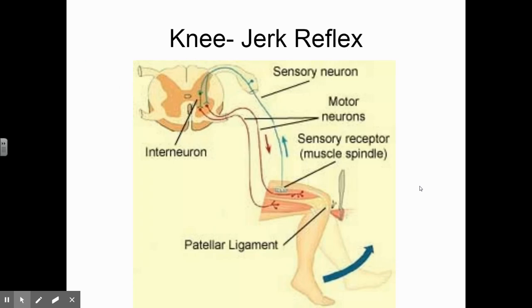A very typical reflex that you have probably experienced in your life is the knee-jerk reflex. It's when the doctor hits your knee with a hammer. And when it does that, that's the sensory input. It sends a message up the sensory neuron into the spinal cord. There are your interneurons connecting down a motor neuron to the muscle, which will contract, and that causes your leg to